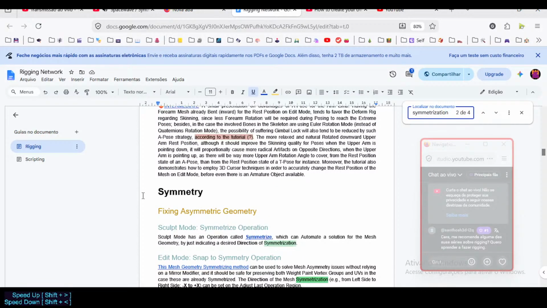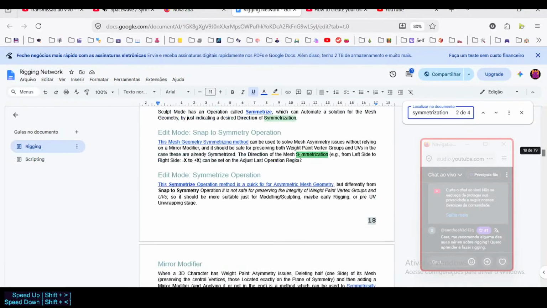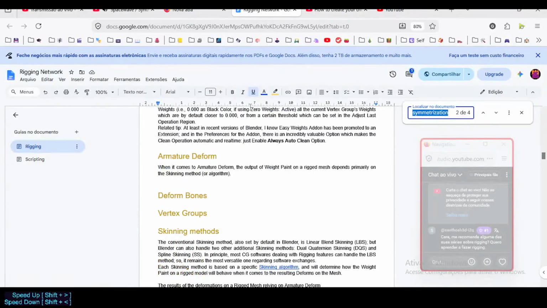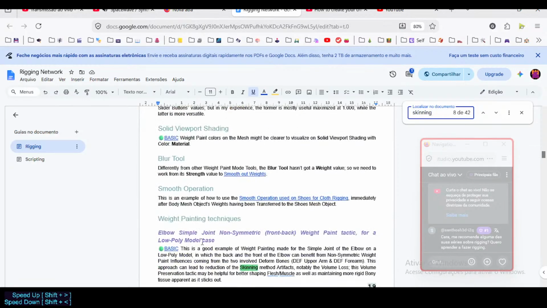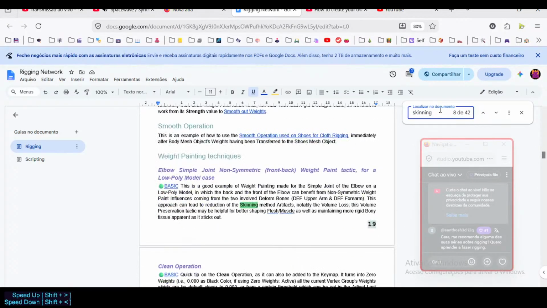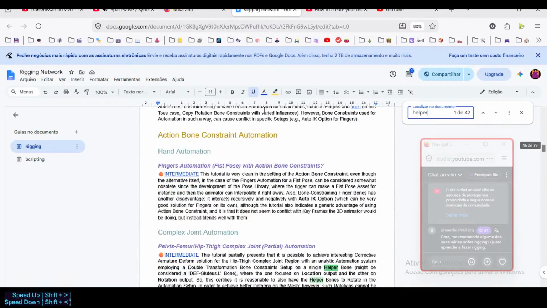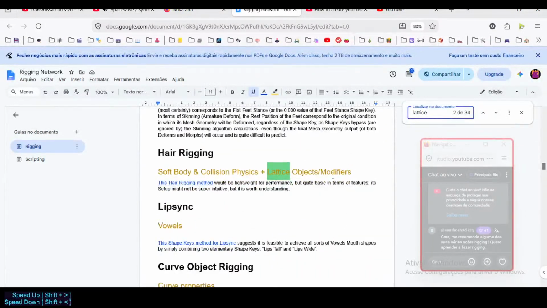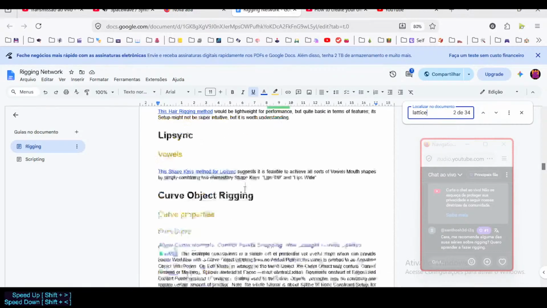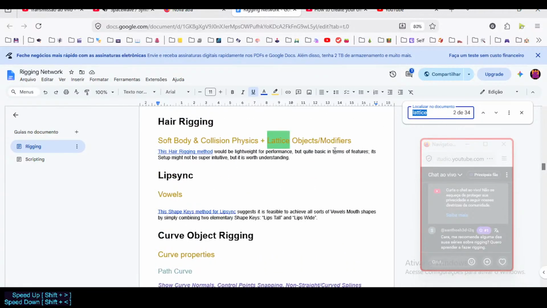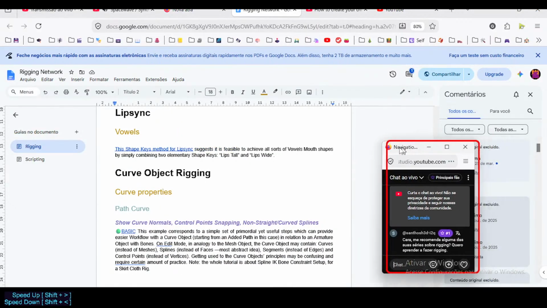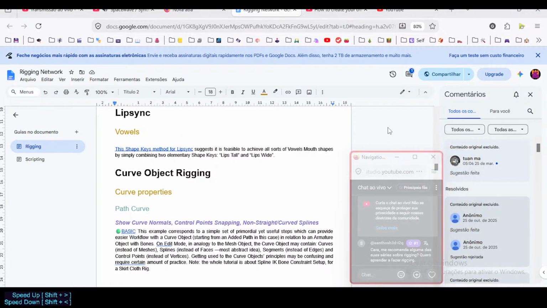So there are a lot of symmetrization topics. There you can find many ways, and there are, I don't know, skinning techniques, right? What is it? Helper bones. Maybe there is a lattice thing. Yeah, so you have lattice hair rigging, lattice. I don't know. So you can look for a lot of stuff here,